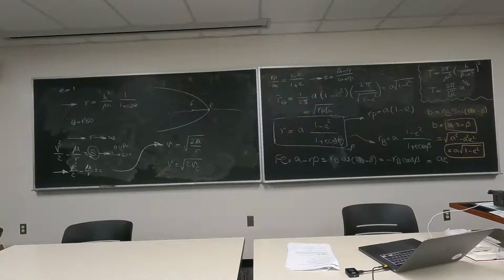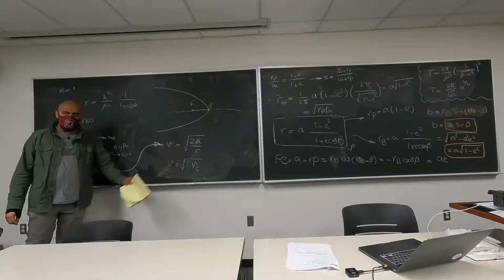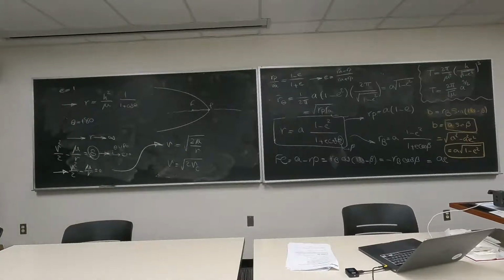But what will happen to our velocity when we go far enough, when r approaches infinity? It will approach 0, right? It will become 0. So what does it mean? It means that we have escaped the gravitational pull of M2, but that's it. You can't move any further. As soon as you escape the gravitational pull, your kinetic energy becomes